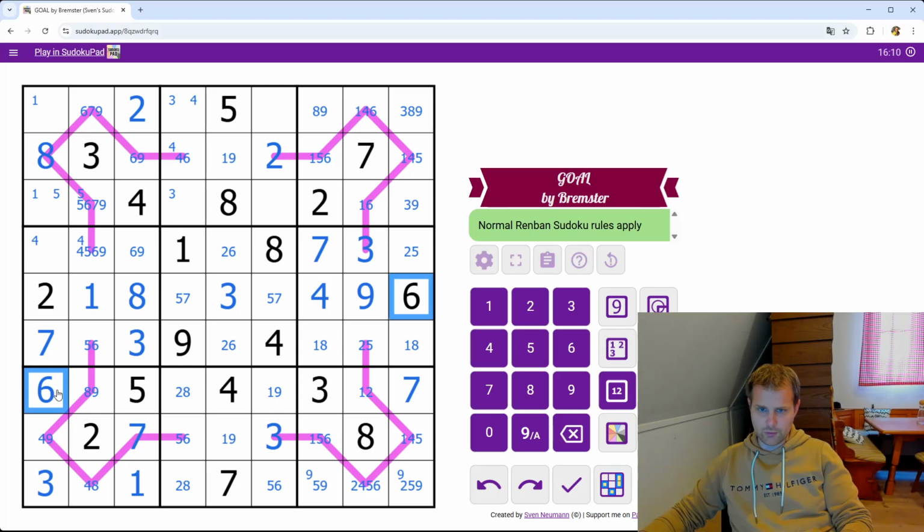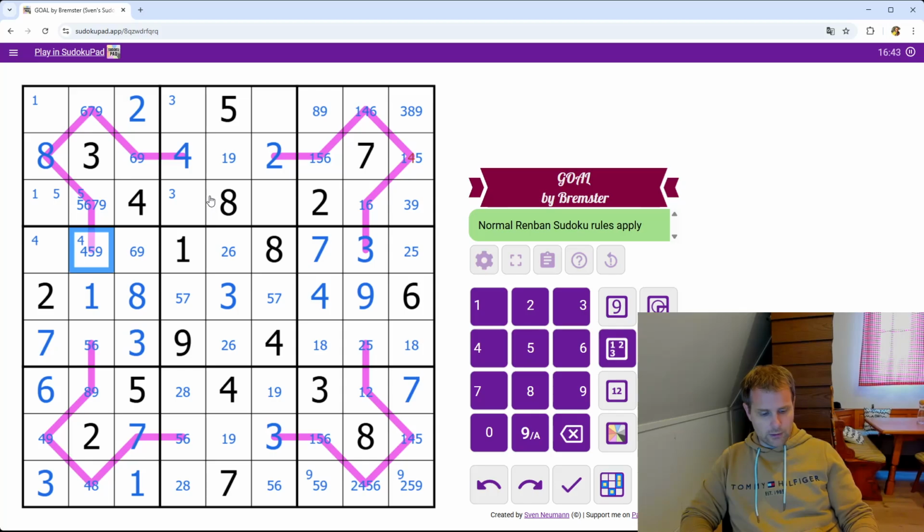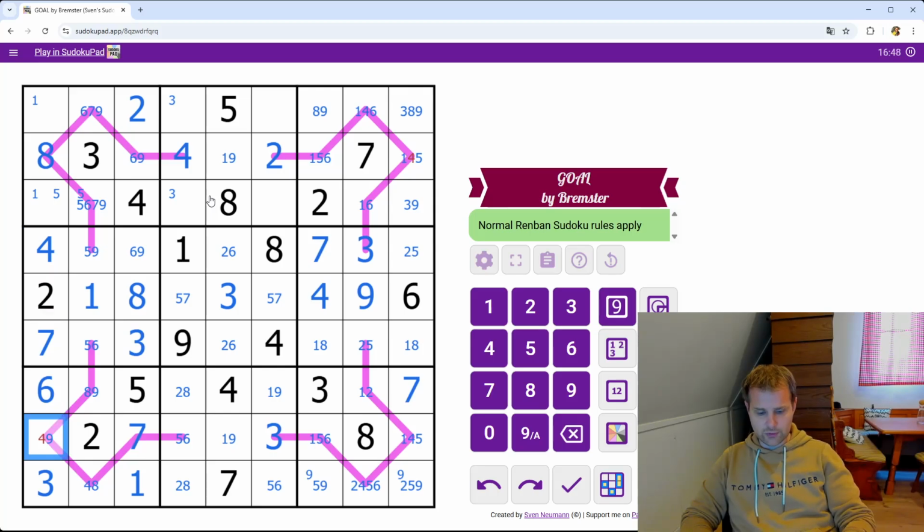So the 6s. There and there. Somewhere here. Yes, okay. Well, the 6, oh, this is important. The 6 in this box can only be in one of those places. That's on the Renban. So we know this is not 6, and more importantly, this is not 6, this is a 4. And therefore this is not a 4, this is not a 4, this is a 4, this is a 9,